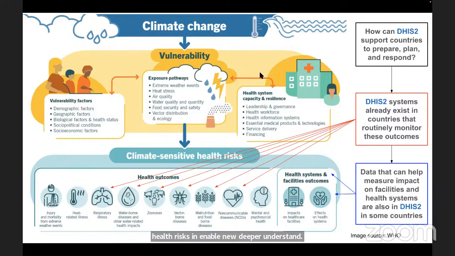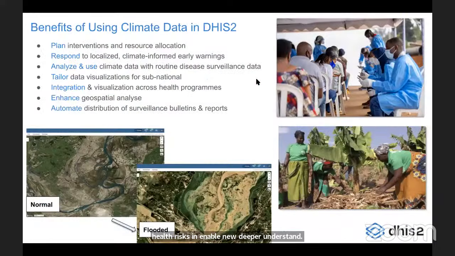I'd just like to touch on some of the benefits of using climate data in DHIS2 to help health programs. These include planning interventions and resource allocation, analyzing and using climate data with routine disease surveillance data for near real-time monitoring as part of an integrated HMIS, as well as responding to localized climate-informed early warnings with targeted interventions to maximize effectiveness and cost,